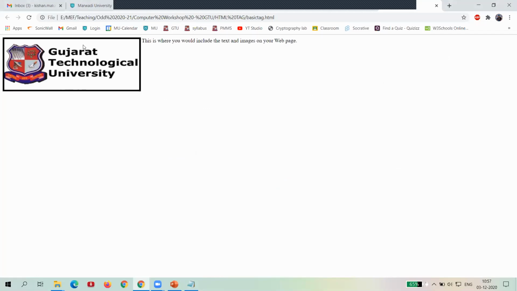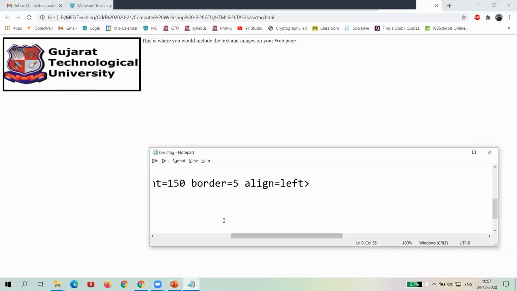You can see it represents the left-hand side. So that is the method where you can easily see the output, the align method. And these are the five inputs for align: top, middle and bottom, where the image is fixed and the text will change, and the last two, right and left, where the image will change, either to the right-hand side or the left-hand side. So that we call the align attribute.